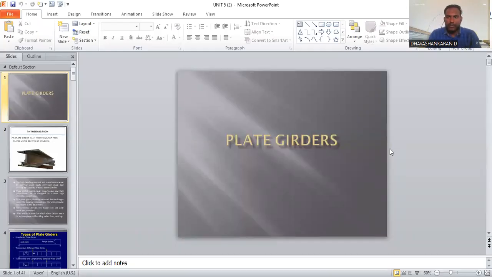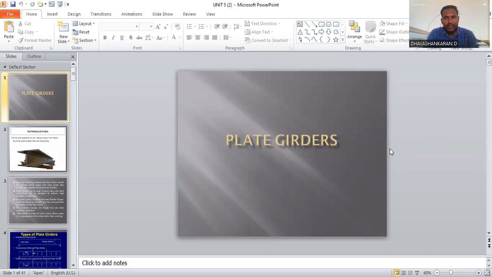So today my topic is based on the plate girder. In this lecture, we are going to see the different types of girder. Generally, there are two types of girder used in this topic: one is the plate girder and the other is the gantry girder. First, we are going to see the definition of the plate girder,